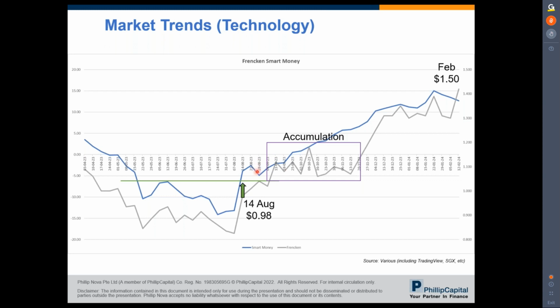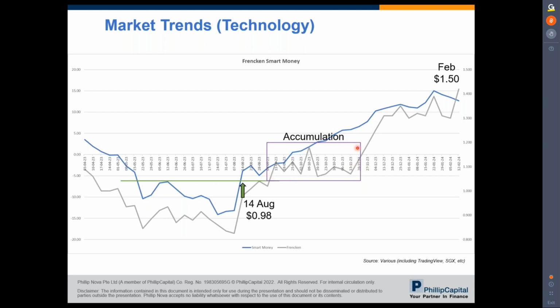And then since then until now, the smart money had consistently been buying. Of course, there are periods of time where they may have a little bit of sell down, profit taking, or it could be one group exiting and another group coming back in. We really do not know. But what we do know is that as a group, as a whole, the smart money have been buying Frencken Group, right? And this part here that I boxed up,